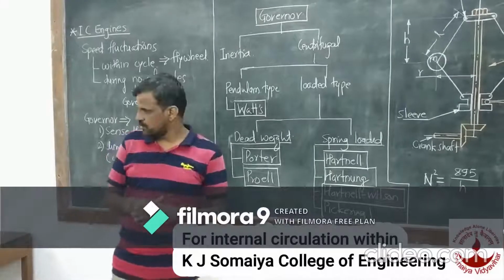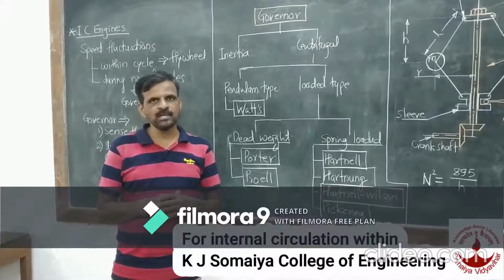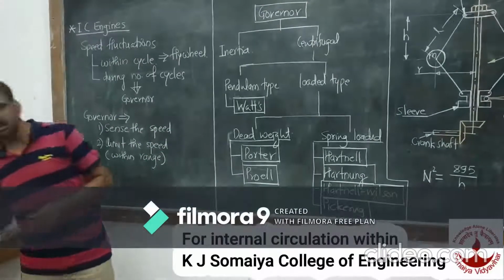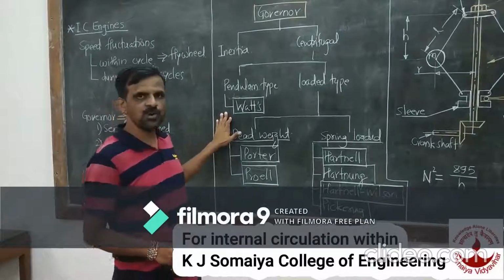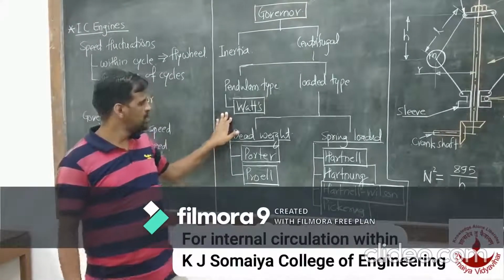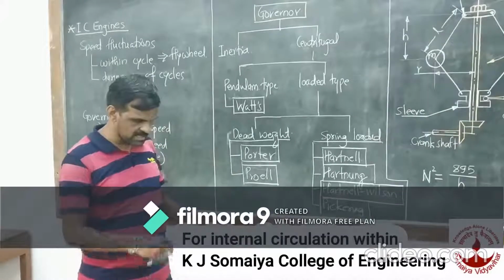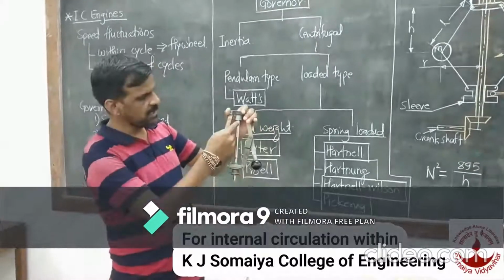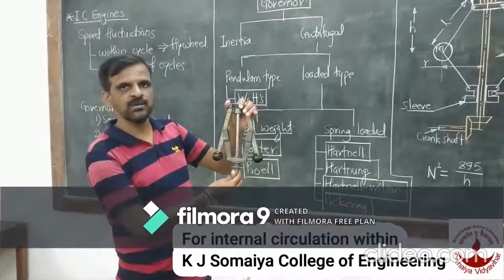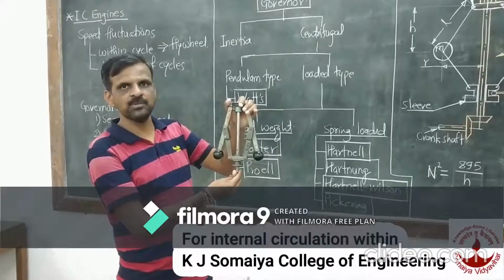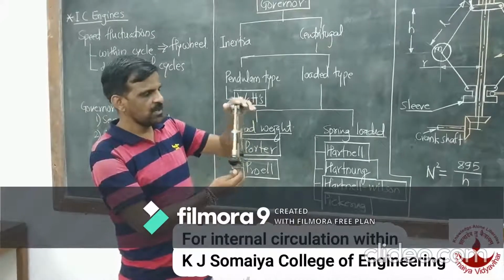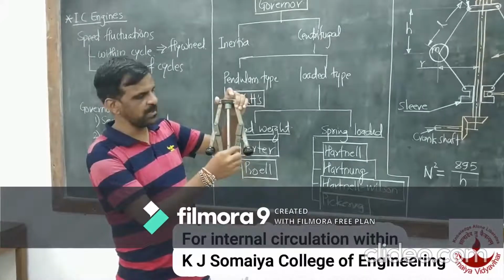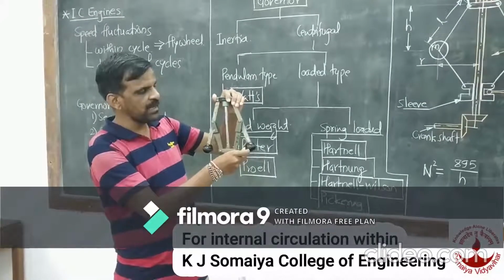Now I will show you a few of the prototype models of different governors available with us. First is the pendulum type of governor, which is Watt's governor, a very basic governor. Here you can see, I will demonstrate something. This middle spindle is nothing but the spindle of the governor, which is connected to the IC engine with the help of a gearing arrangement, and when it rotates at a certain speed, the fly balls which are connected to the end of this link will move away like a pendulum.